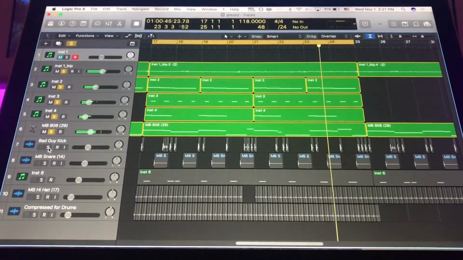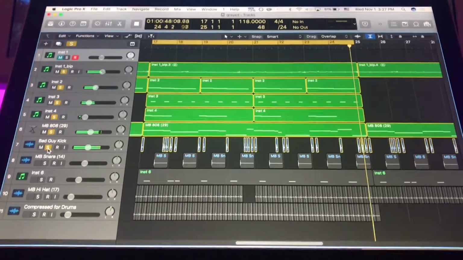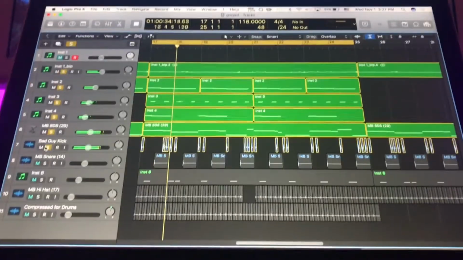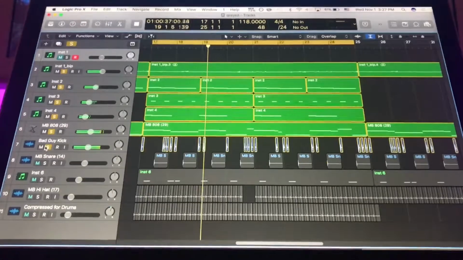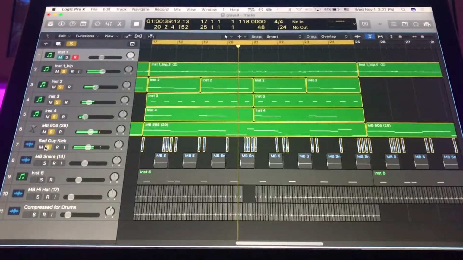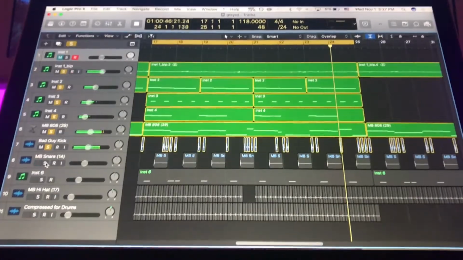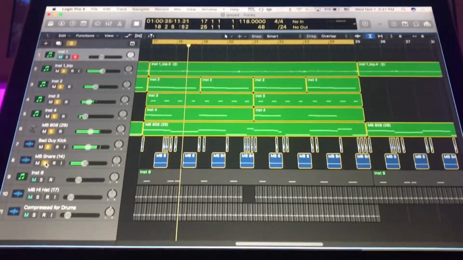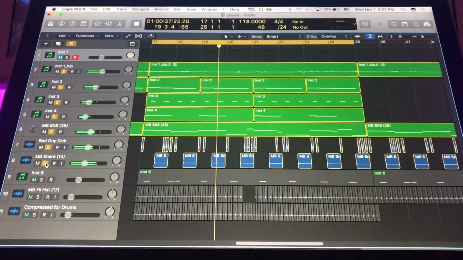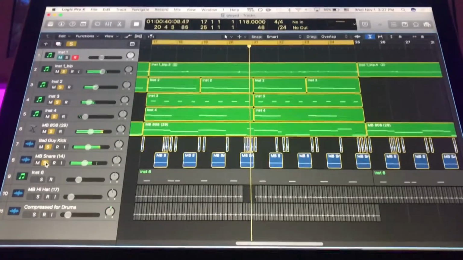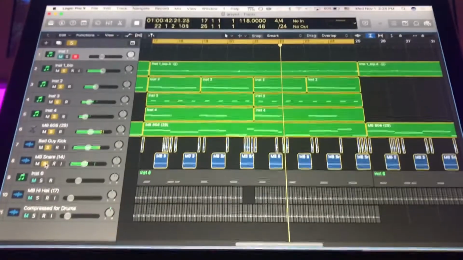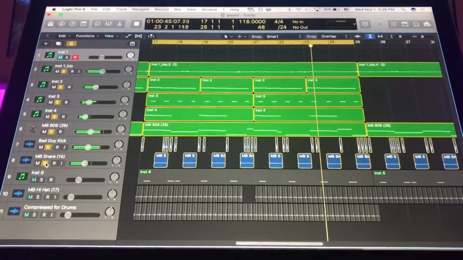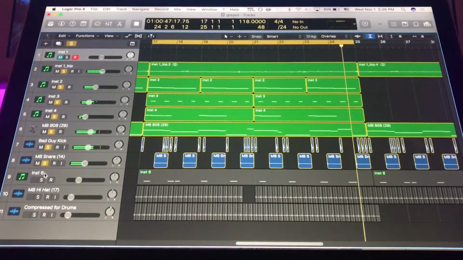So then I went in and added our kicks. This is going to be the kick drum of any drum kit. It's basically just that thumping noise that gives that 808 some sort of punch to it. This really guides a lot of the rhythm alongside the snare, so I added the kicks in initially, then added the snare. The snare is hitting right now on the second. This is in double time, so it spreads out the rhythm of the beat a little bit different than regular patterns would be. So then on top of that, we added